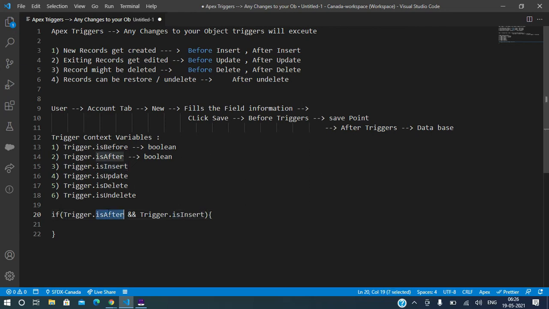It will return that this is an after trigger. But even in after you can see there are four conditions: insert, update, delete, and undelete. It can be any event for after, right? Then again you need to validate whether it is an insert or not. Clear, Biharika?